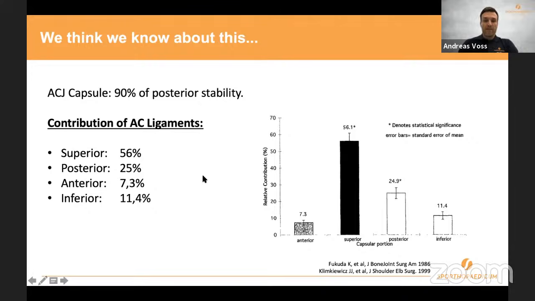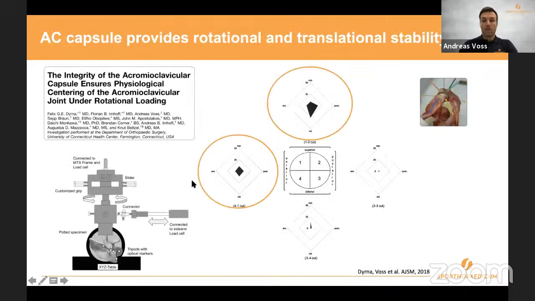In the history, we have this very well-known study, and we think we know about this. So basically, in the last 10 years, everybody thought that the superior and posterior part of the AC joint mainly contribute to the stability of the AC capsule. Nowadays, we know that there's also a very important part of the anterior and the superior part of the AC capsule. And this is done with this very interesting biomechanical study,